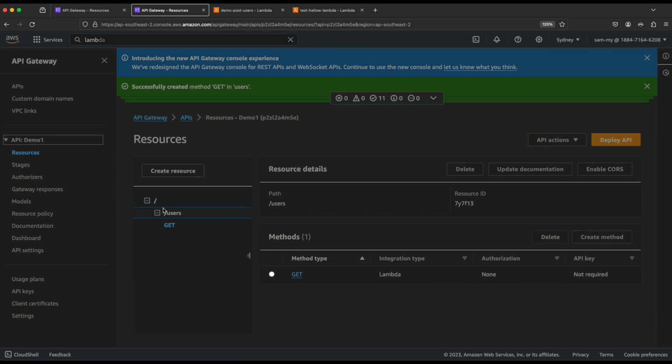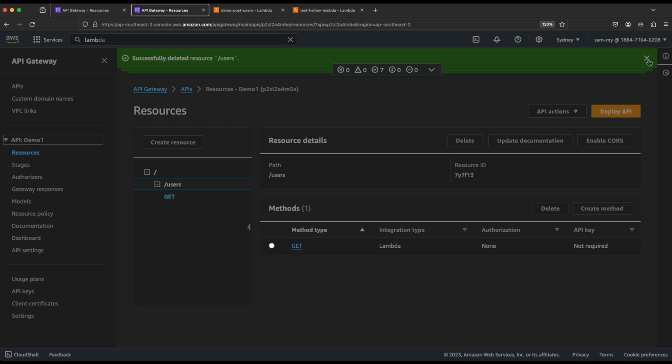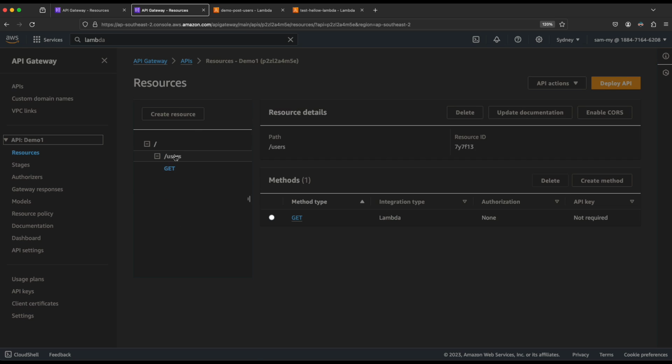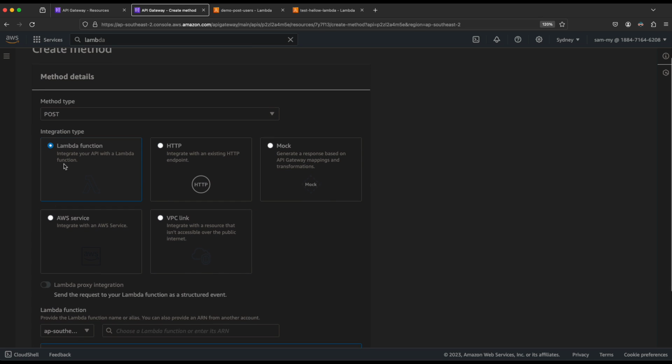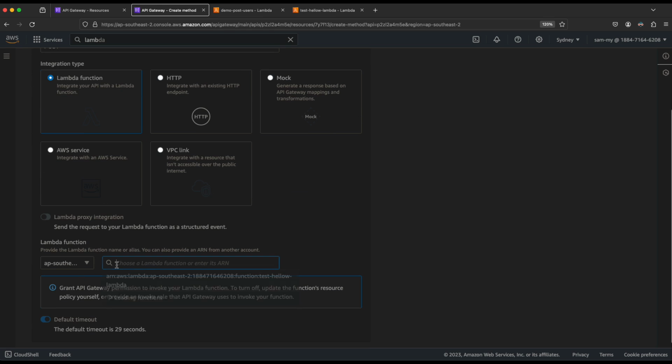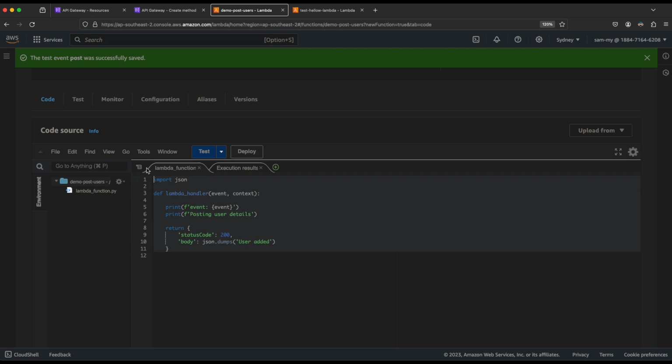Right, now we start creating a post method. So let's clear all the messages. There are so many messages that came. Under user, click on the user and create another method, which is post. In the same way, we select the lambda function, and I create another function called post user. If I show you the post user, it's a sample application in Python. We are dumping the event, whatever event comes through the lambda, and we say posting user details. This is where you can actually save the user information to a database,